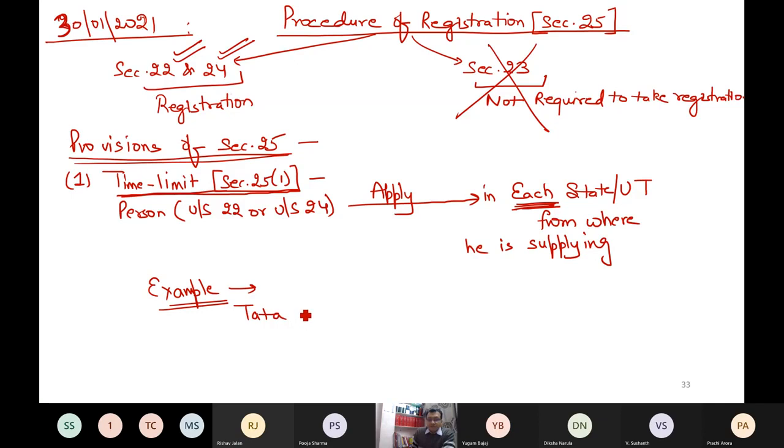Tatas are having offices in multiple states, so they need multiple registrations. In every state they need separate registration. If Big Bazaar